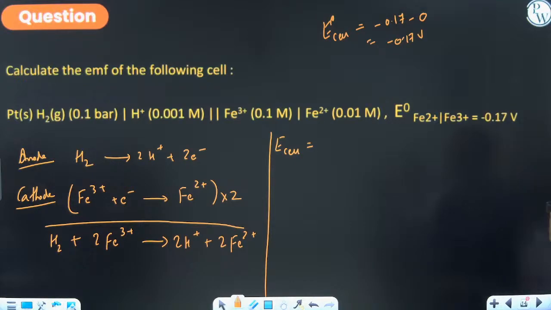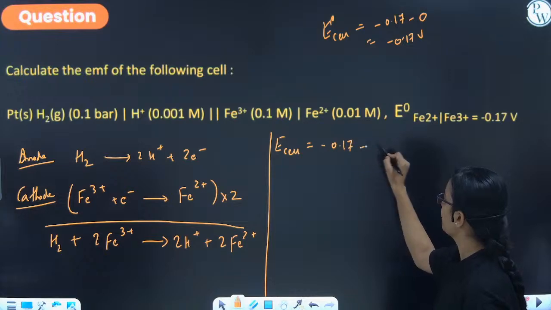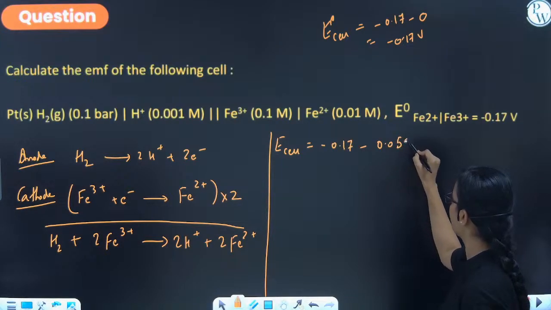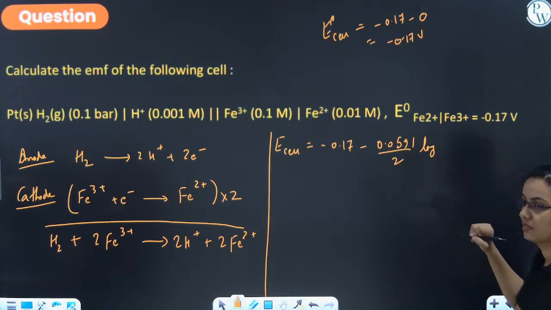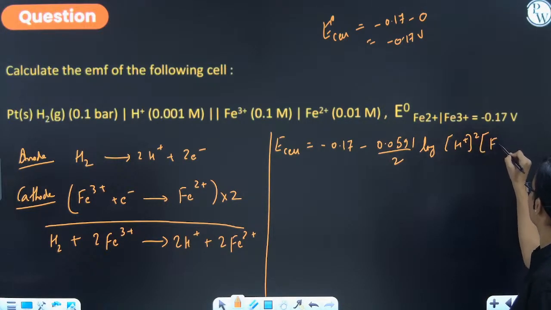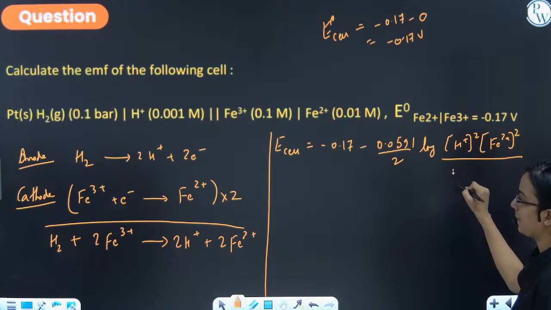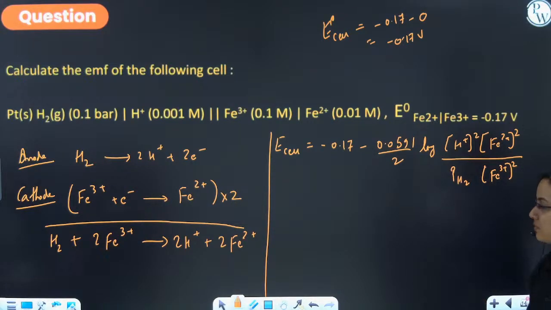Q, Q, Q. Minus 0.17 minus 0.0591 upon 2 log of H plus square into Fe2 plus का square upon pressure of H2 into Fe3 plus का square. ठीक है,